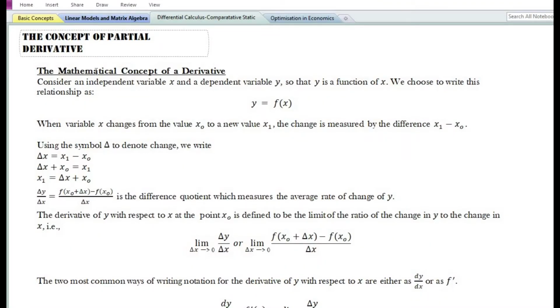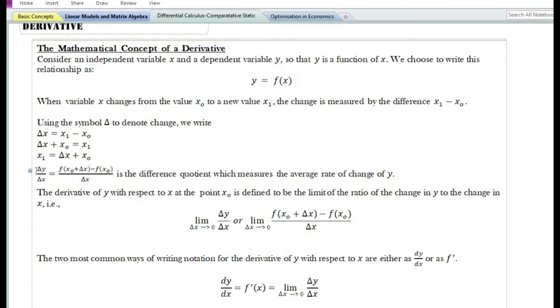In today's video, we will discuss the concept of partial derivative. So far, we have been dealing with simple derivative, where we find the derivative of a function which has only one independent variable. Given a function y equals f of x, where y is the dependent variable and x is the independent variable, when the independent variable changes from the initial value x subscript 0 to a new value x subscript 1, the change is measured by the difference x subscript 1 minus x subscript 0, which is denoted by